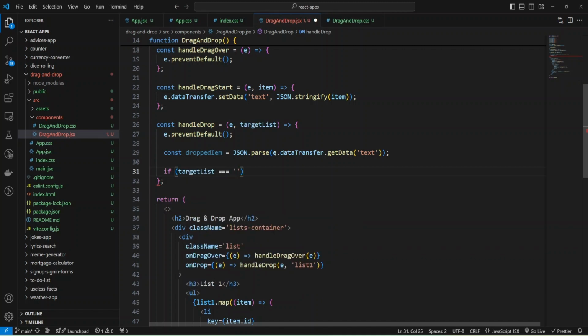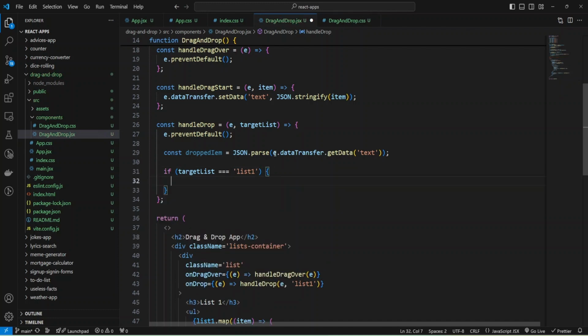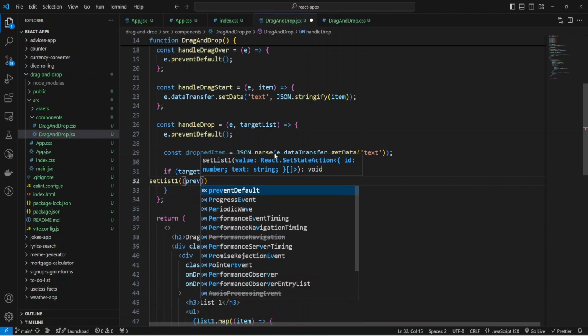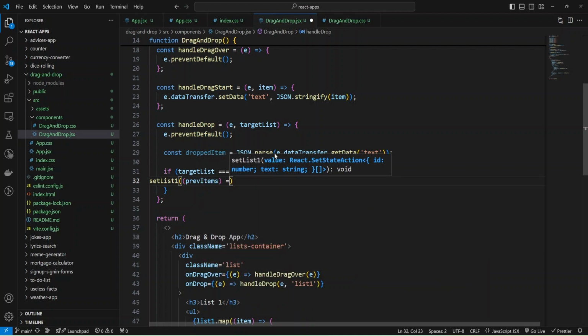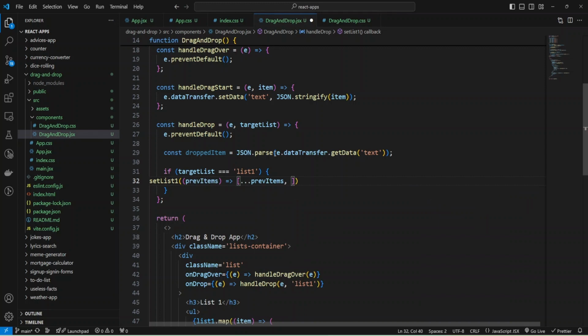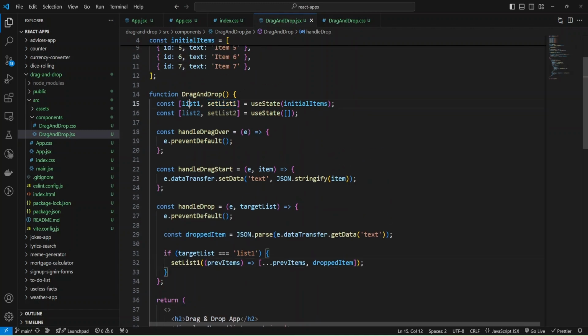Okay, we have our item, and now we can check our target, and let's check if target list equals to list 1. Then I'm going to modify my list, and for now I'm going to just add my dropped item to the array of objects, and I'm going to use function set list 1, and we'll retrieve previous items and use my previous items to add the new one, and it will be array, and using destructuring from previous items I can add my dropped item to an array, and function setList will modify the state of list 1.